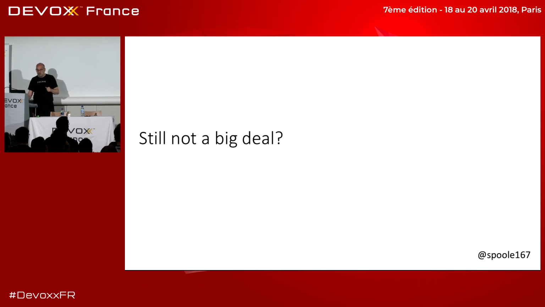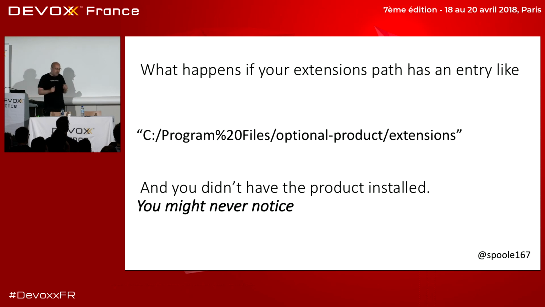And you may go, I don't understand, how is this a problem? So what happens if, instead of this being a random file, it was a path on your class path, your extensions directory, one of those things, right? It's quite often, when you look at systems, especially complicated systems, that they have class paths of all the various paths in Java, and some of them don't exist. So what happens if somebody says, well, you've got this thing on your system which you don't know exists. What happens if I create it?